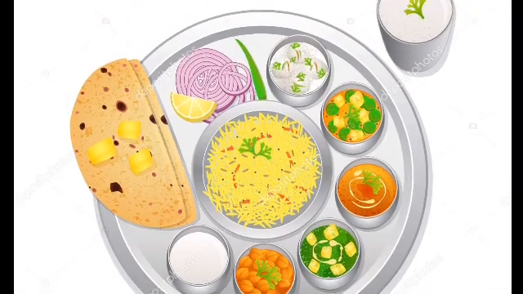First of all, you will write down the definition of food, and this will be the second page of your assignment. And for this whole project you can find information on Google, or you can get help from your science book also, as you have this chapter in your science book. And after writing definition, on the same page you will draw two food items, one from Punjab and one from Andhra Pradesh. As you can see in the picture, this is food of Punjab.